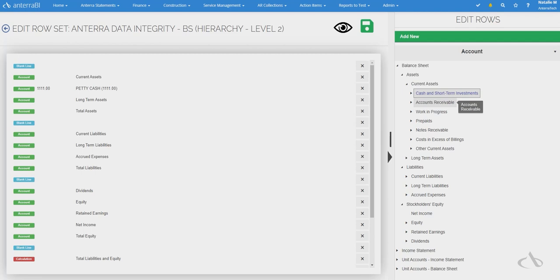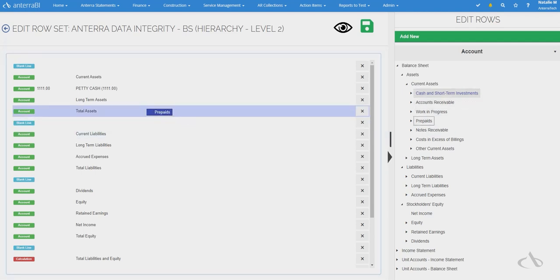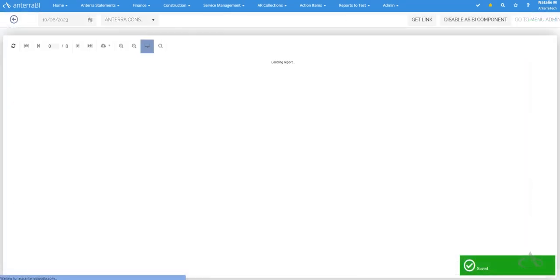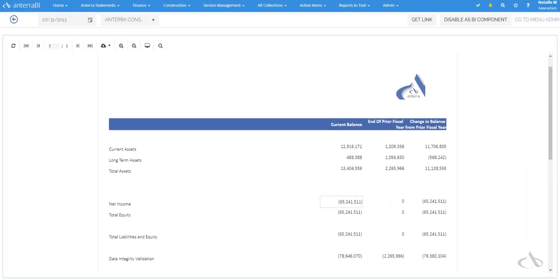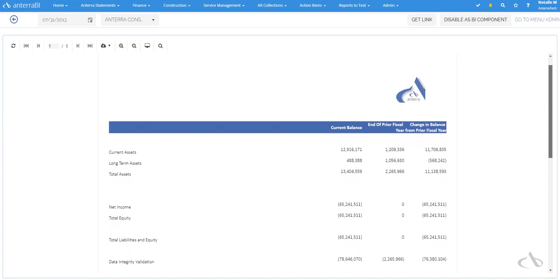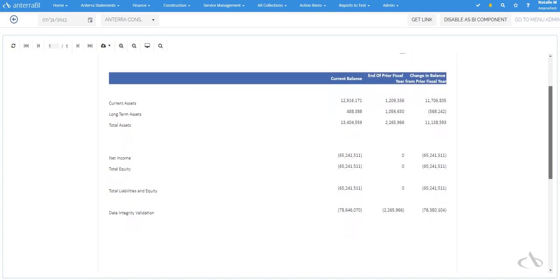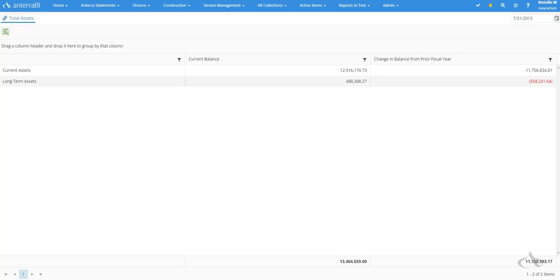With your custom income statements and balance sheets, you can either directly use them inside Antera Statement Builder, or you can publish them onto the menus for authorized users within your organization to also use them. The best part about these statements is that they can be downloaded in Excel or in PDF, and when you click on any of the numbers in the statement, it shows you the backup of where those numbers came from.